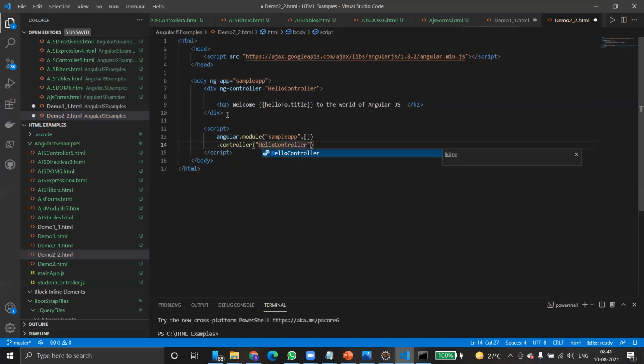I will explain the code anyway. We are writing a function of $scope. That is a system variable, scope.